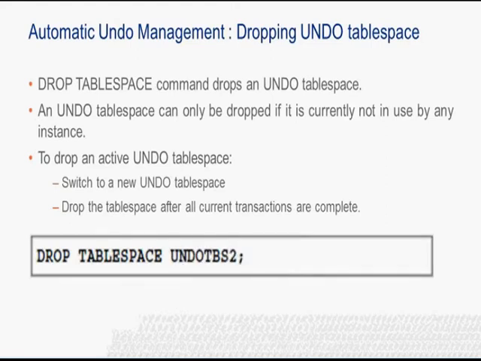When dropping an undo tablespace, it cannot be in use by an instance and all transactions within the tablespace must be complete. If tablespace UNDOTBS is the current active undo tablespace for the database and it is to be dropped, then a new undo tablespace must be set before dropping it. First create another undo tablespace if one does not already exist. Then use the ALTER SYSTEM command to change the current undo tablespace. We can drop tablespace UNDOTBS after all transactions within the tablespace are complete.